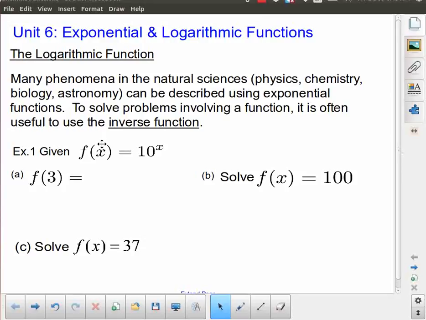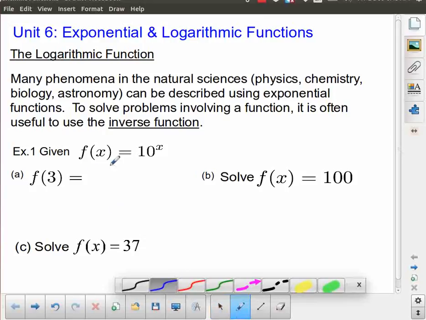And so it is the inverse of an exponential function. So we're going to talk a little bit more about that in a moment. But let's just quickly talk about exponential functions to start. Just a quick review. So if I've got f of x is equal to 10 to the x,